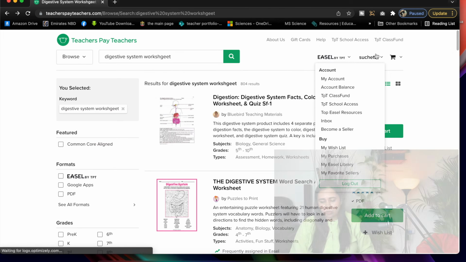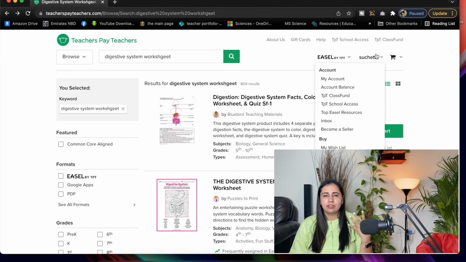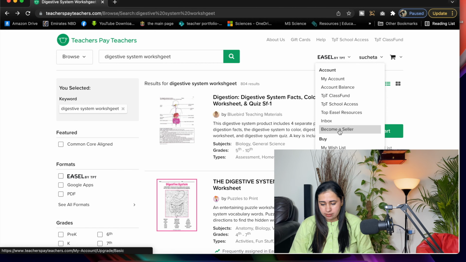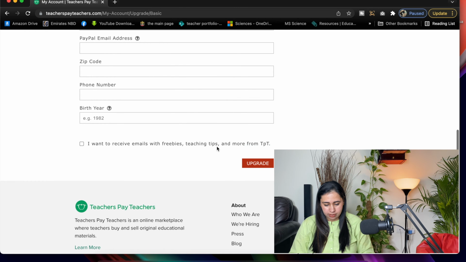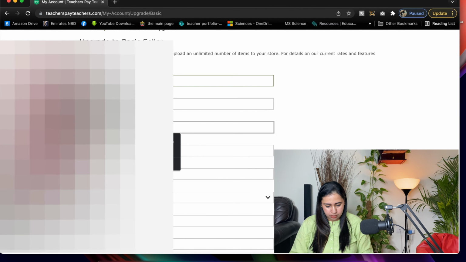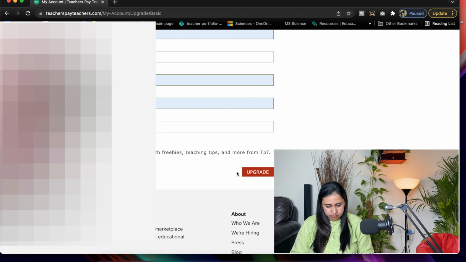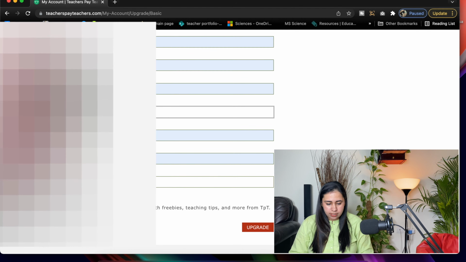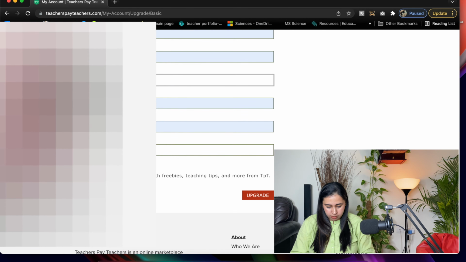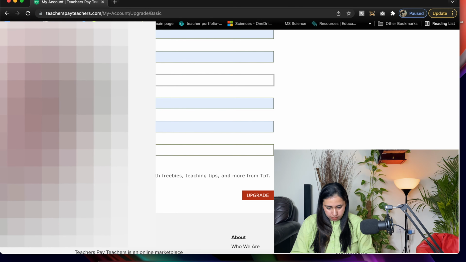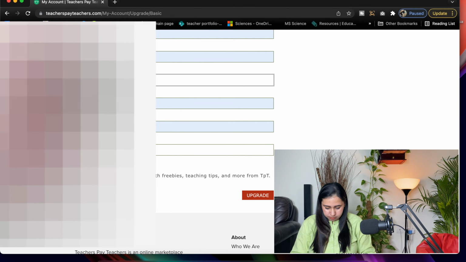Now how you can do it: you can register and log in with your email ID, similar to how we do on Facebook. Now you need to go to your name here, and can you see here, become a seller? So I'll click here and become a seller. Now you need to fill in your details. For example, let me fill. Okay, they are asking for the PayPal email address also. So you must have a PayPal email address, and I don't have one. Let me see if it will let me use mine.